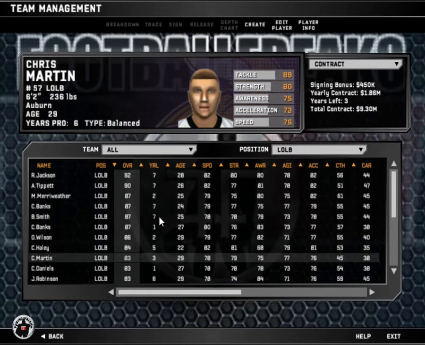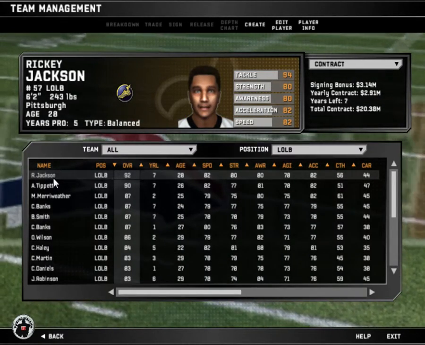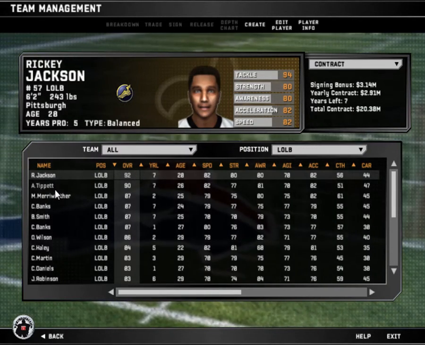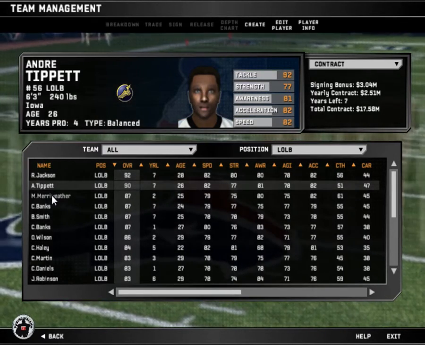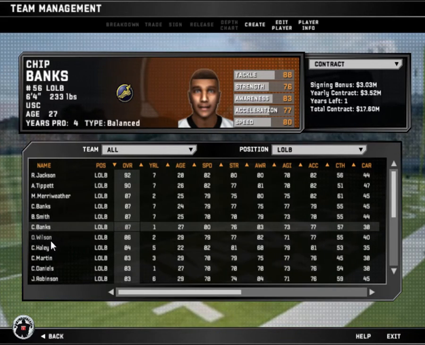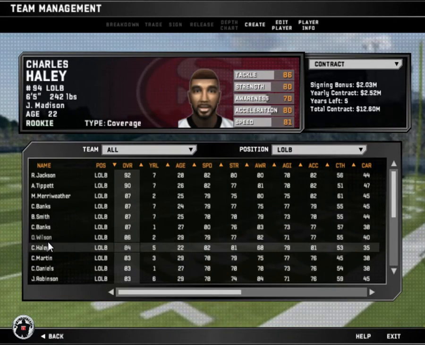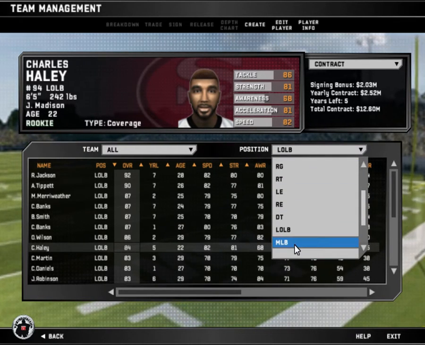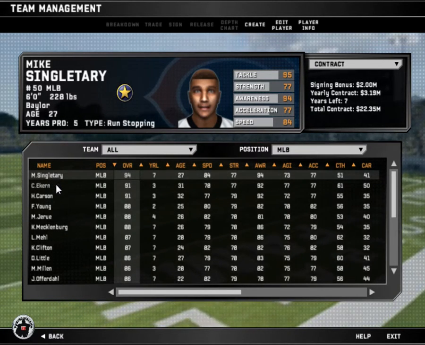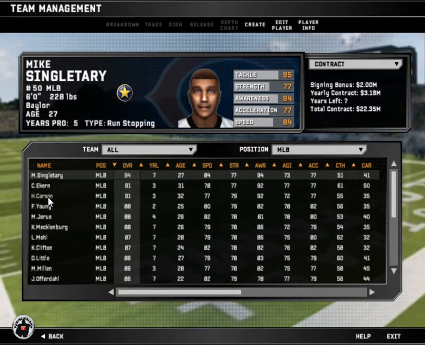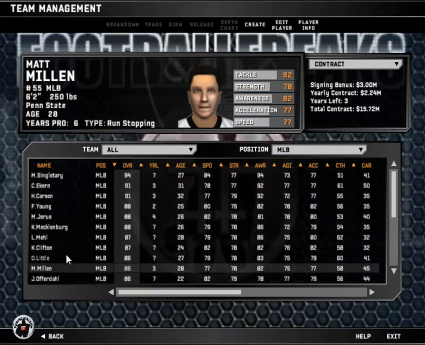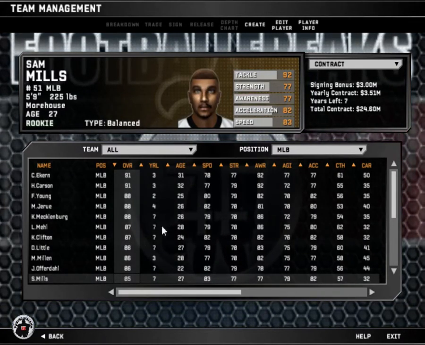Come on down. The Saints had a great linebacking corps during this time with Ricky Jackson, Sam Mills, Pat Swilling. But some of these guys: Andre Tippett, Mike Merriweather, Carl Banks, Billy Ray Smith, Chip Banks, Otis Wilson, Charles Haley, Mike Singletary. His eyes, he just looked crazy out there, but man, he was a beast in the middle. Down here, Carl Mecklenburg, Matt Millen, Sam Mills,